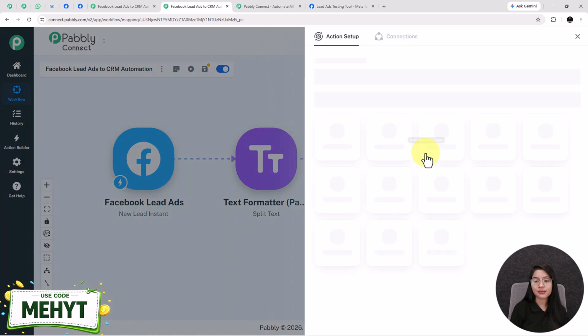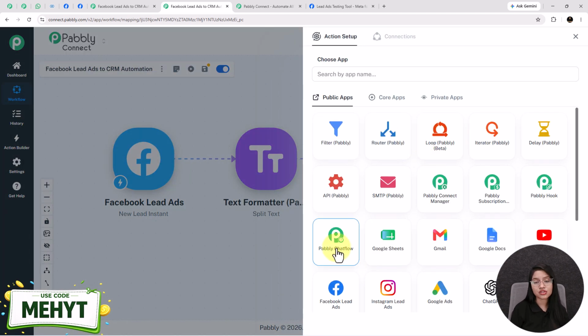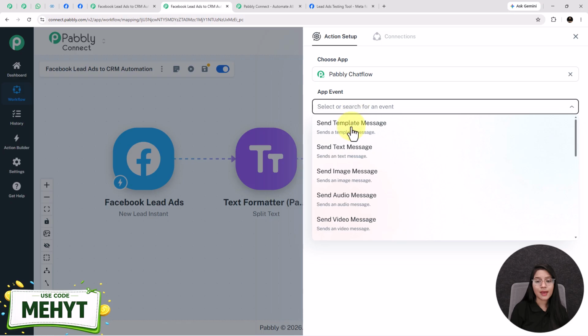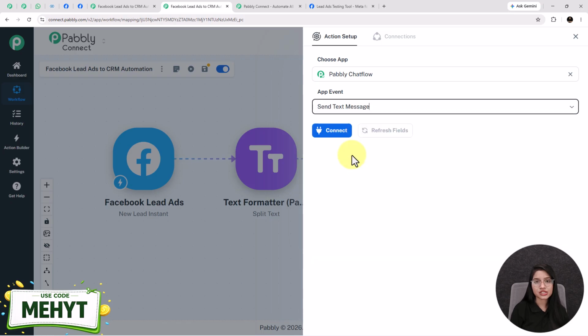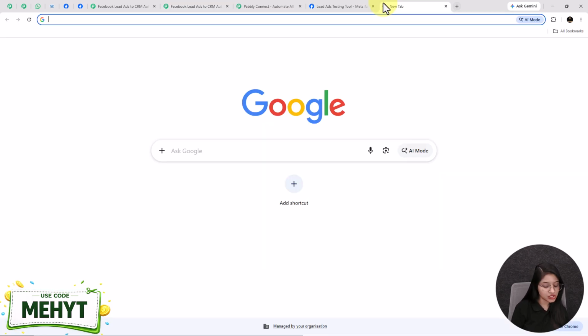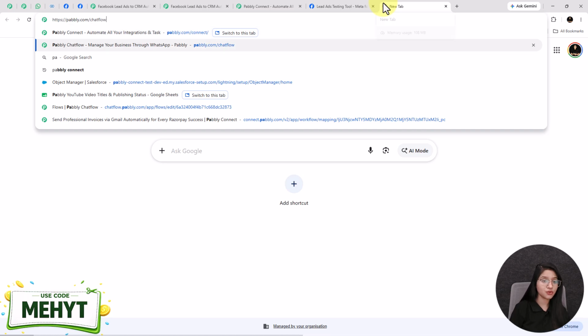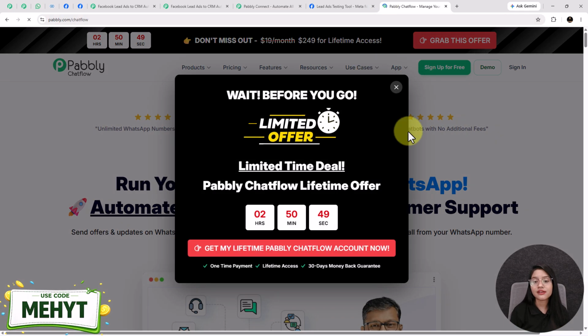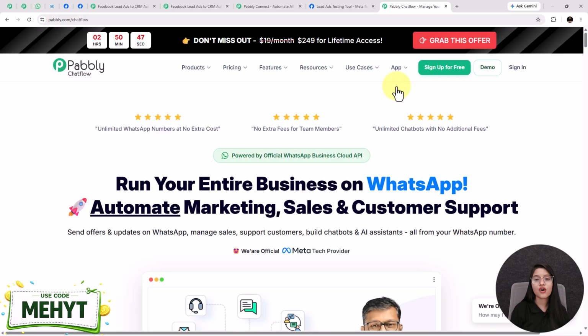So for that, I'm going to select my next action application as Pabbly Chatflow. After the app event, I'm selecting send text message. See here, I'm using Pabbly Chatflow for sending a message to the customers on WhatsApp. It is an all-in-one WhatsApp automation platform that helps you to automate WhatsApp messages and responses 24/7 for your different